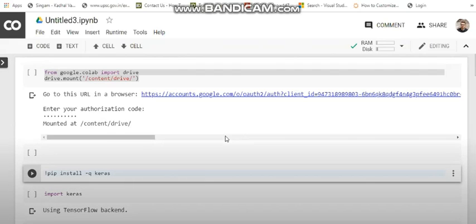Hello guys, today I'm going to show you a special video: how to access your Google Drive folders using Google Colaboratory. To do this, you have to upload some folders on your Google Drive and access them from your Google Colab. To access any folders or files from your Google Drive using Google Colaboratory, you have to write this code